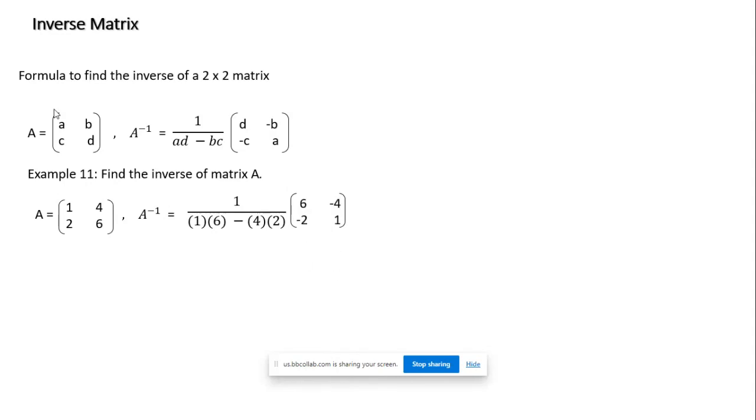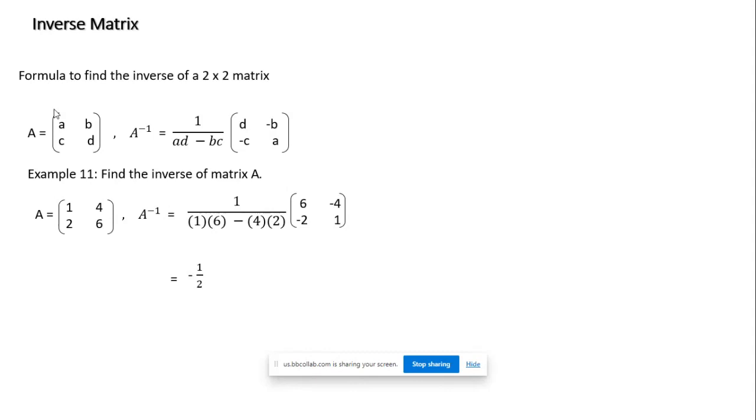So this is going to give me... and then I'm going to multiply times my matrix here, which is, I'm going to swap the variables. The only thing that I swap is the A with the D, and then I change the sign of the negative B and the -6. Okay, so once I've done that, and I multiply by this fraction,